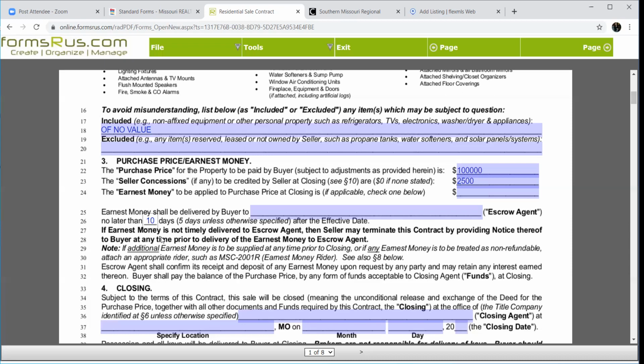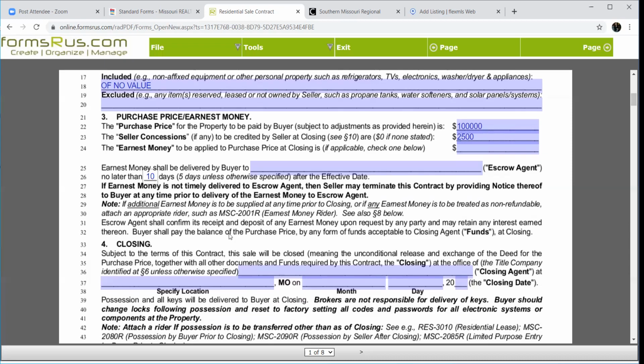Kelly, got a question? If earnest money is not delivered, here's somewhat of the answer to your question, and this is new verbiage they put in. If earnest money is not timely delivered to the escrow company, then the seller may terminate this contract, providing proof thereof. So until that earnest money hits the escrow company, the seller can terminate the contract at any point. That is a motivator to have your buyer get that check written and get it in as quick as possible. And again, I don't particularly like earnest money because when there's a problem, both sides want the money, and it just sits there and we fight about it.